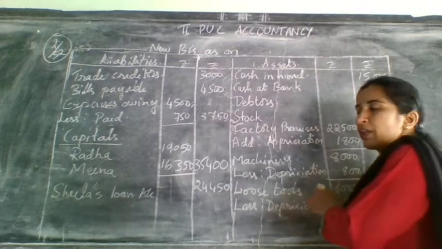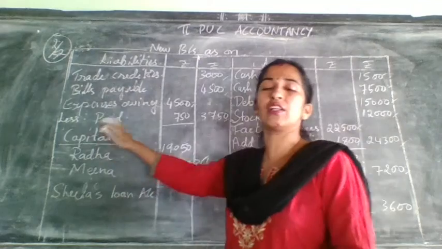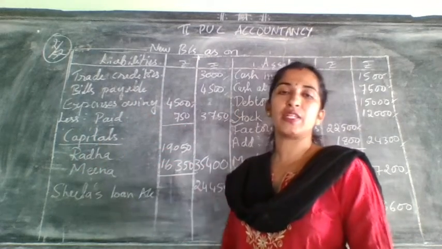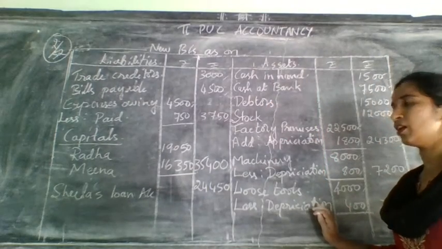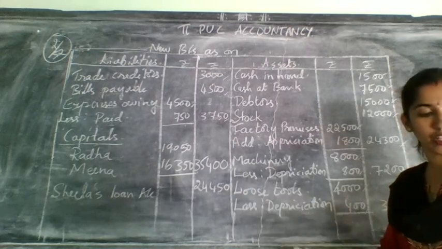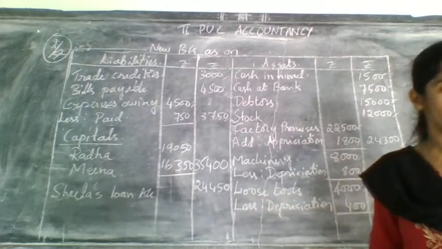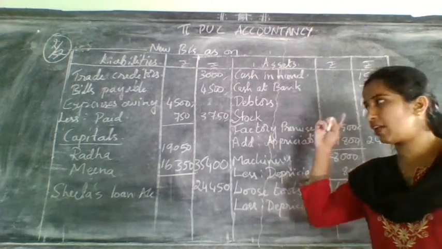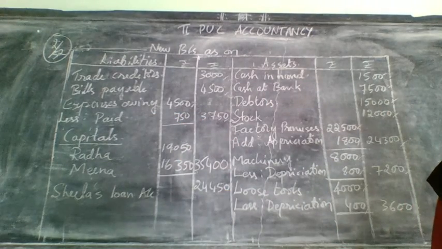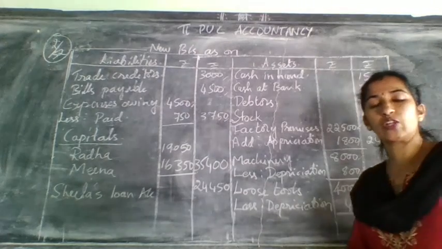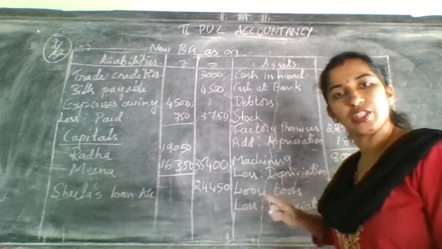For that sake we have taken it on which side? We have taken it on the debit side, as well as we have taken it on the credit side, and we have taken it on the debit side. That's why no need to take goodwill in the asset side of balance sheet because it was written off. Okay, so that adjustment also over. 2 times we have taken it in the partners capital, so it was over. Next, expenses owing, 1 time in the revaluation, 1 more time here, 2 times also it is over. Next, machinery and loose tools are to be valued at 10% less than the book value. That also 1 time it was over in the revaluation, 1 more time it was here in the balance sheet, that also over.